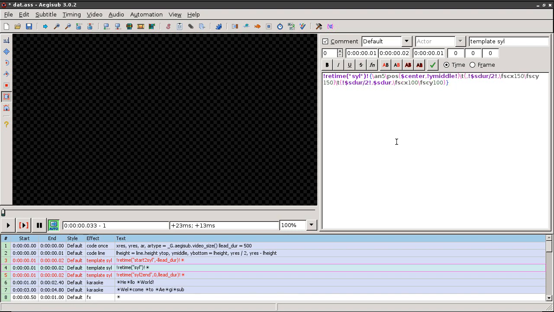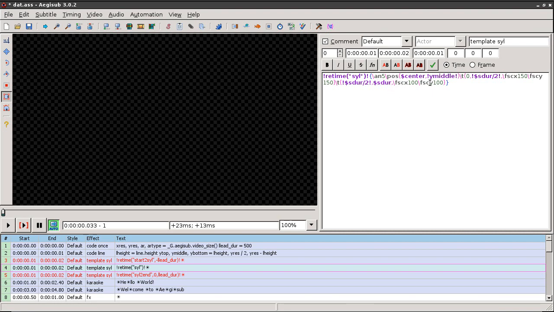Use 0, because 0 is the first duration of the first line of the syllable. From 0 to the middle of the duration, I will scale the X and Y, and from the middle to the end of the syllable duration,